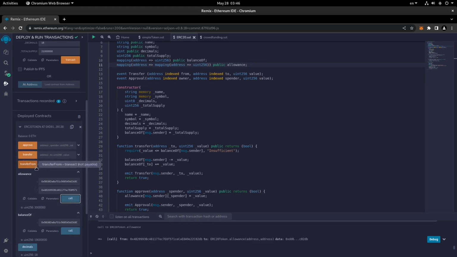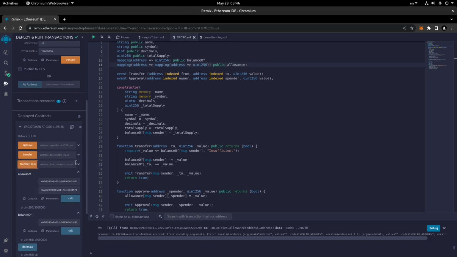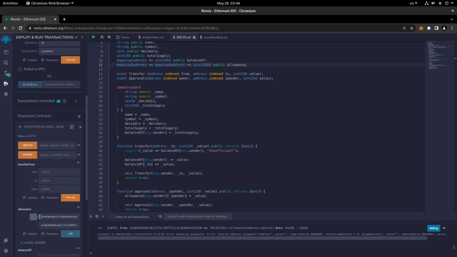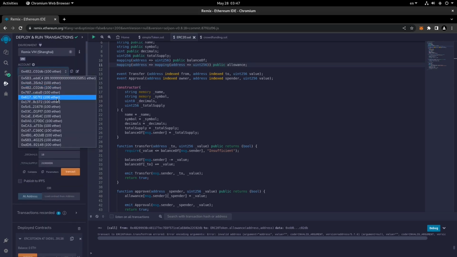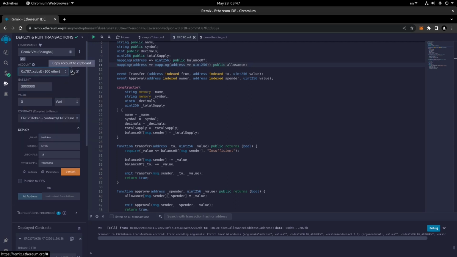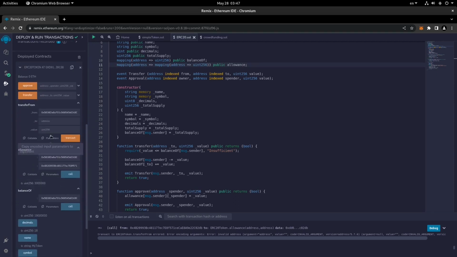And now we can do the transfer from here. So let me enter the same addresses. So from the holder of the token, and also here we can pick another address, for example the fourth one, copy it and paste it here because this is the person who is going to receive the tokens. And then the value, so here it's true that the allowance is 3 million, but here we imagine that we want to spend only 1 million, right?